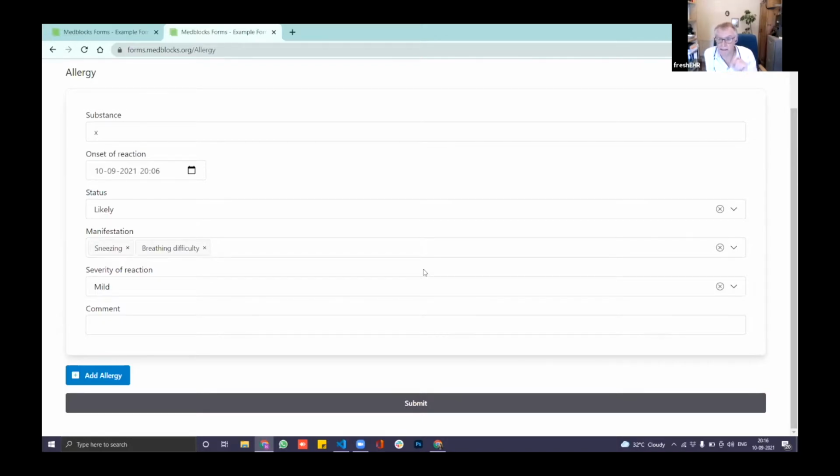It does make it easier to manage, remove an entry, change an entry, update an entry, delete an entry, without having to recreate the whole persistent composition. Right. Now, I would argue for that as well. I think it's just much easier to implement at the application level to just have this form and then add an allergy whenever you want to, and just delete the composition if you think that allergy is not there